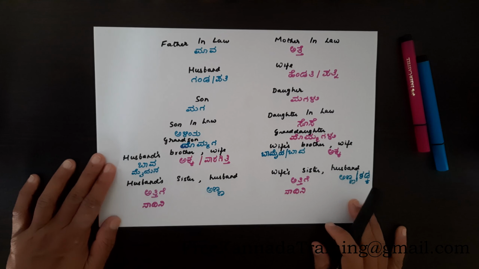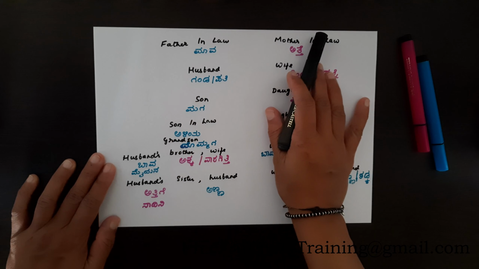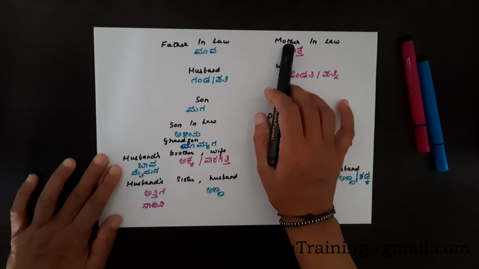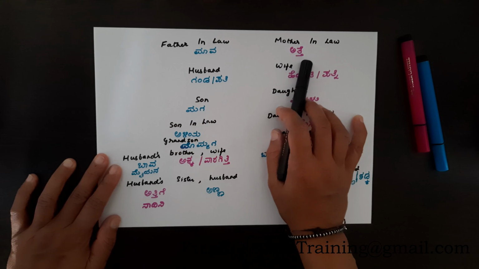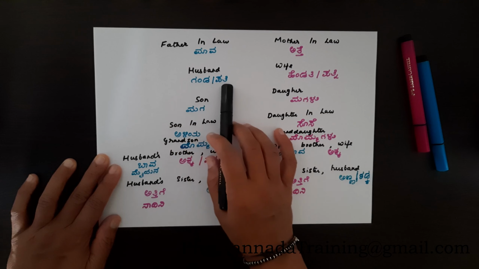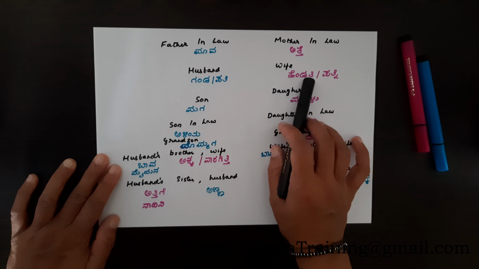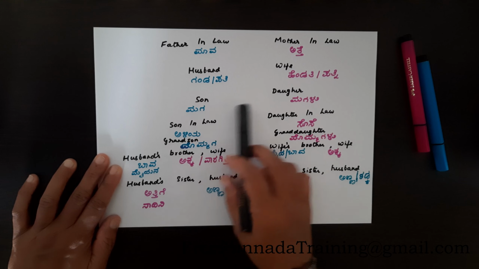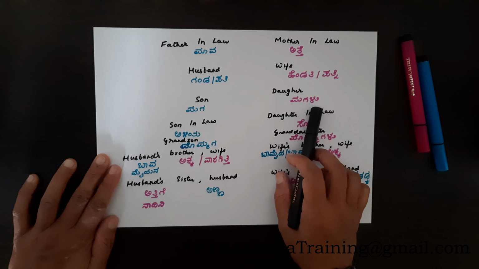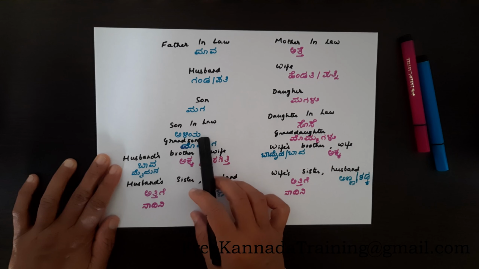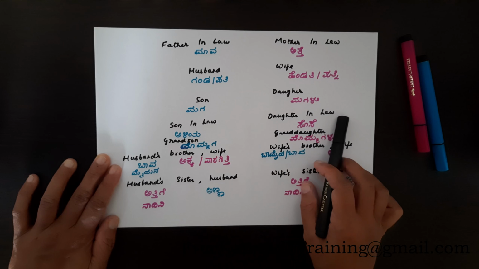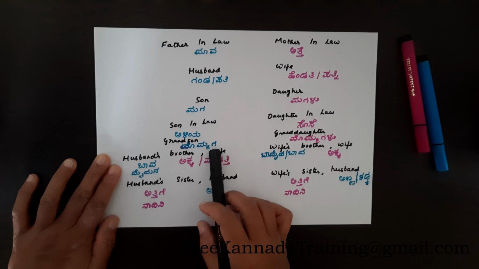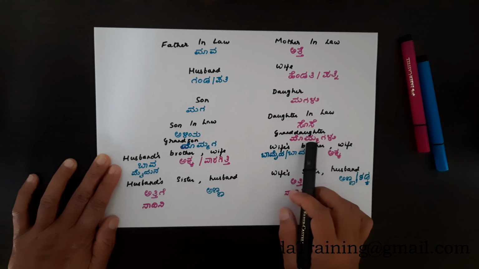Next, about your spouse's family. Father-in-law is Maava, mother-in-law is Atte, husband is Ganda or Pati, wife will be Hendati or Patni. Son will be Maga, daughter will be Magalu, son-in-law will be Aliya, daughter-in-law will be Sose, grandson will be Mommaga, granddaughter will be Mommagalu,